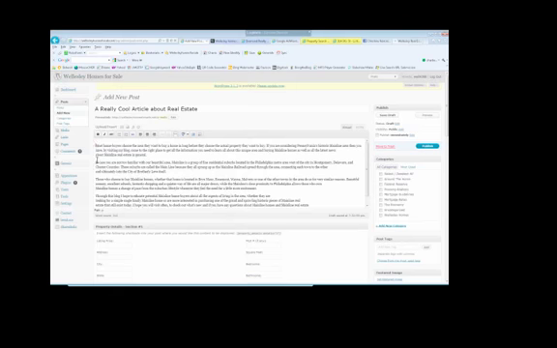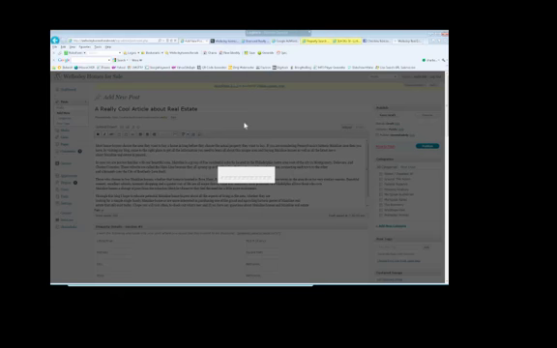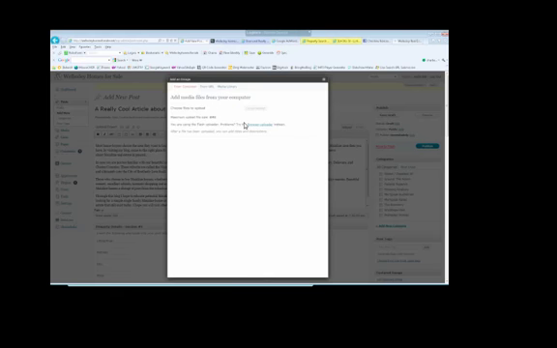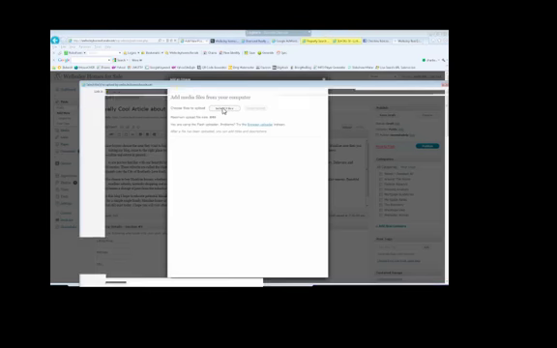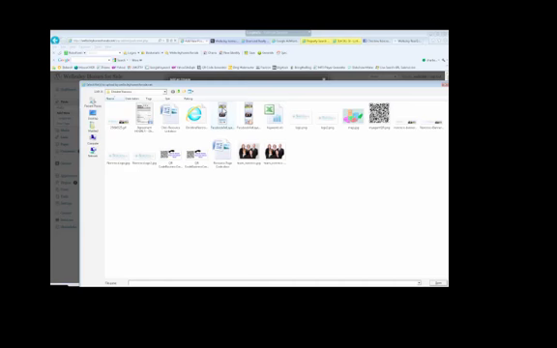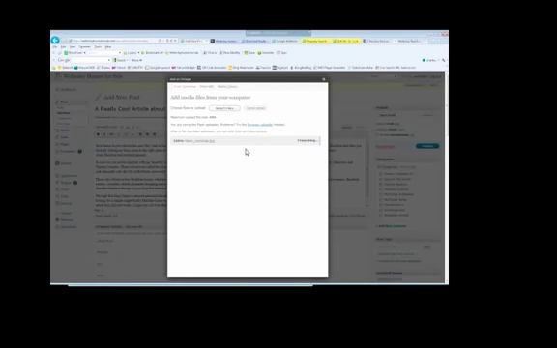Now if I want, I can also insert a picture in here by using these tools up here. The picture upload is right here, adding an image, and I literally just have to click this button, and then it will ask me if I want to upload an image. When I upload the image, it'll ask me if I want to insert it, and it will tell me I can actually choose different options and different sizes. So what I'm going to do is hit Select Files, and I'm just going to pick any image, upload it,